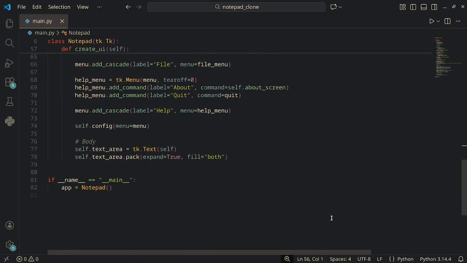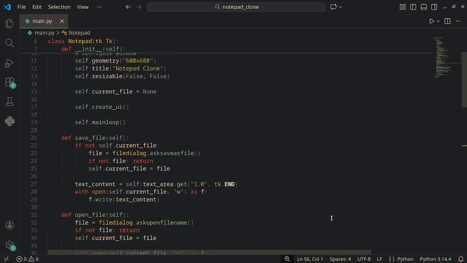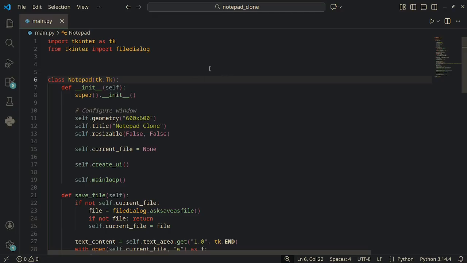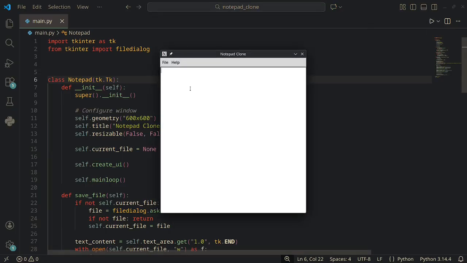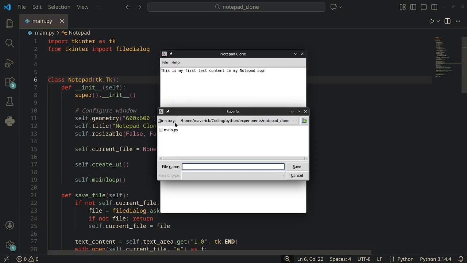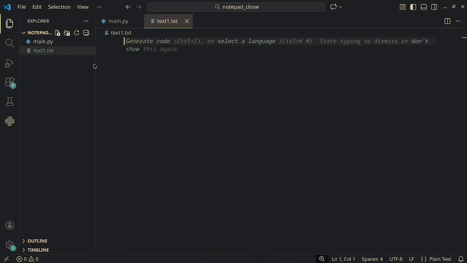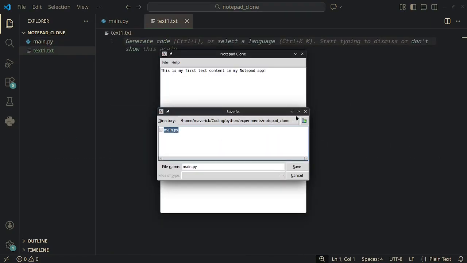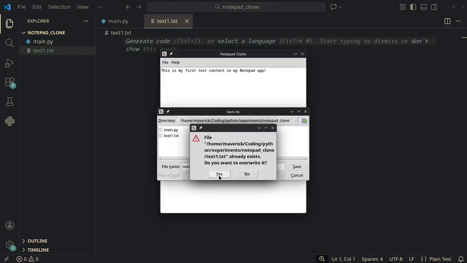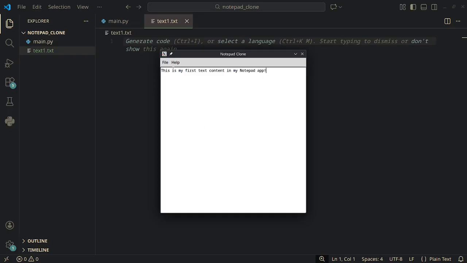So yeah, that should be it for our simple Notepad application. Now let's try to run this app to see if it is working correctly or not. So run it, and let's write something actually here. This is my first text content in my Notepad app. Now save this file, save, and now let me create file here, text.txt, text1.txt, and save it, select my text.txt, say yes, and